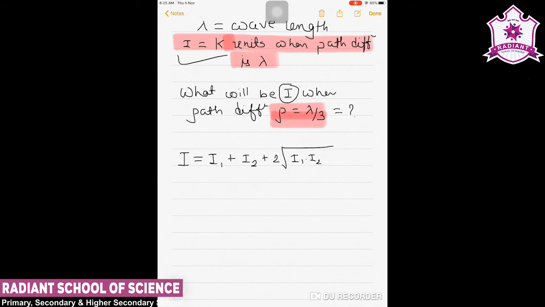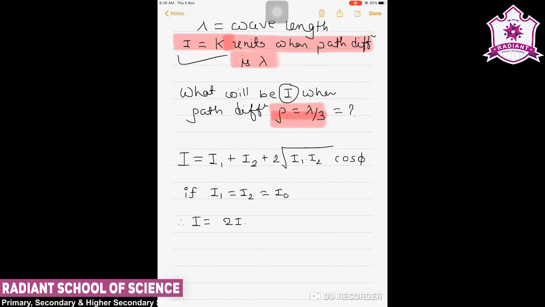So this is the condition for the given case. As we apply the equation, consider I0 to be the intensity of either source. That means both are of the same type of light sources, and if we consider that I1 is equal to I2 is equal to I0, then we can say that I is equal to